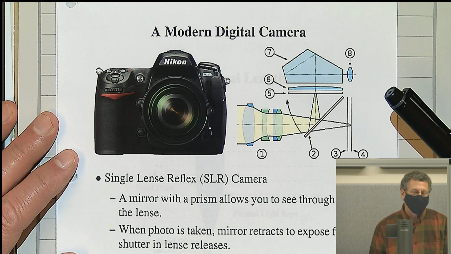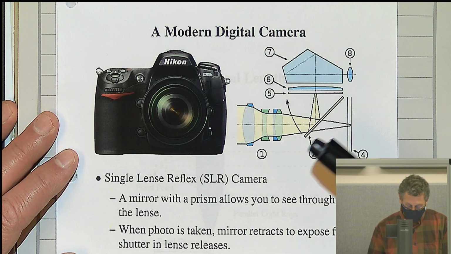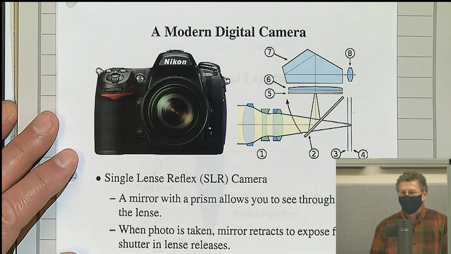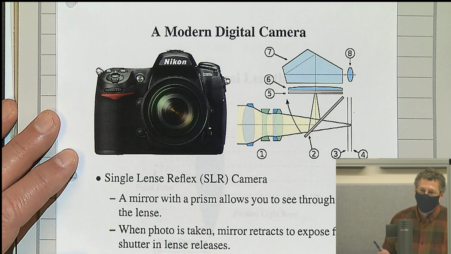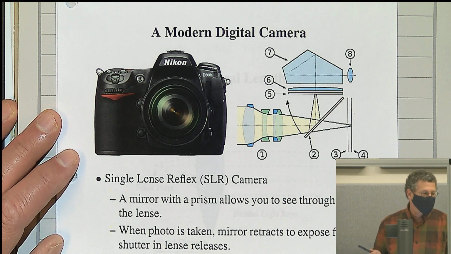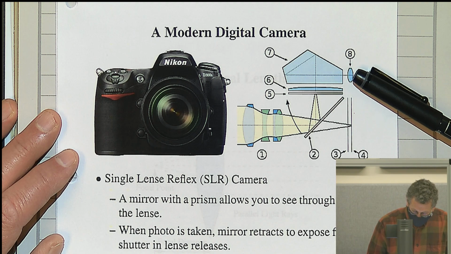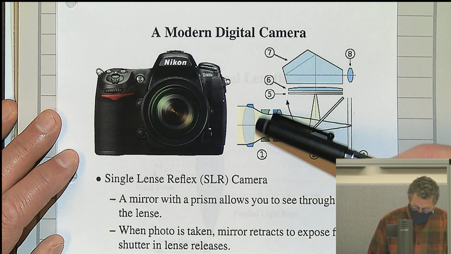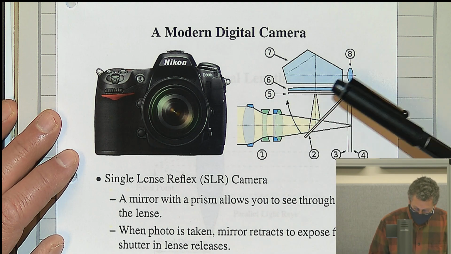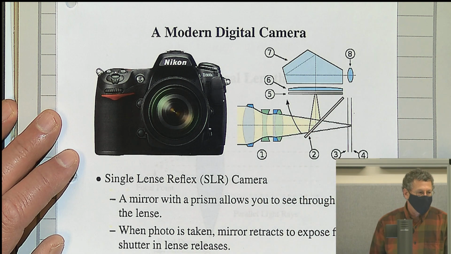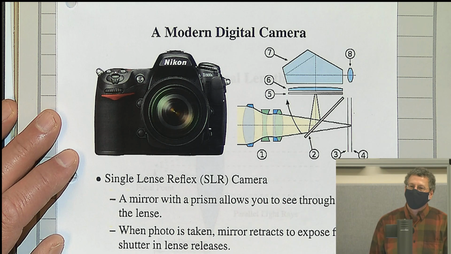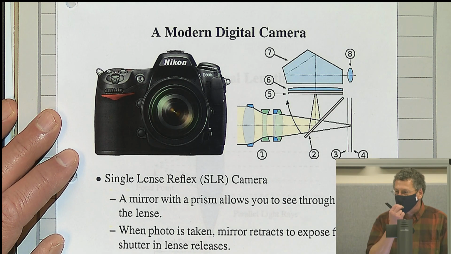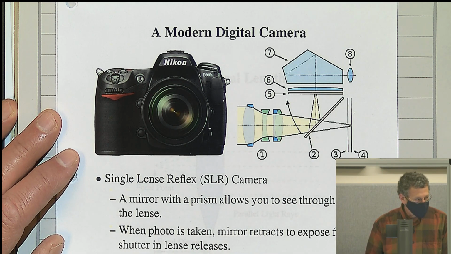It's called a single lens reflex because it used to be you had multiple lenses, one for the viewfinder and a second one for the actual imaging. But now there's a single lens, and you actually look through the lens you're taking the picture with. And these are really mechanical engineering marvels, because at the time you click the shutter,